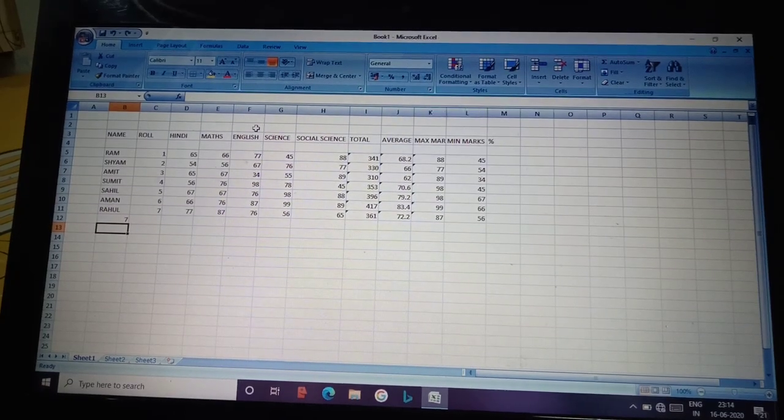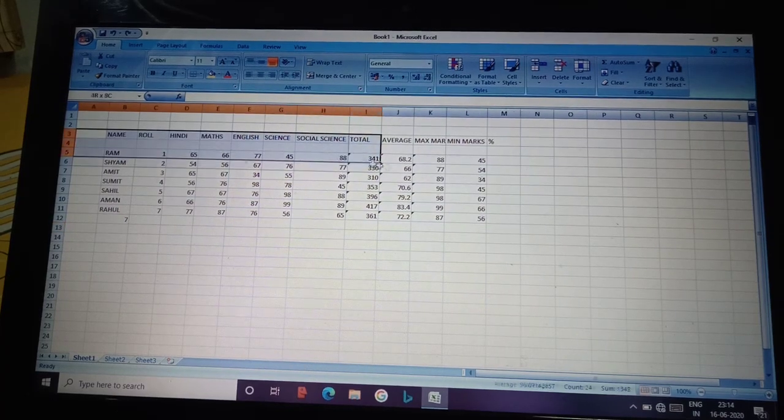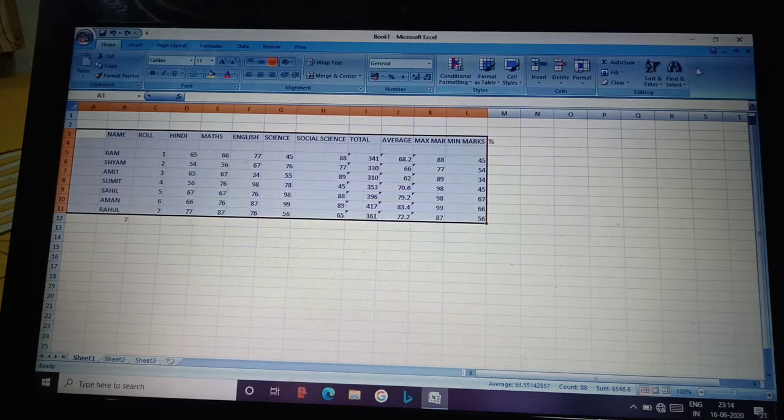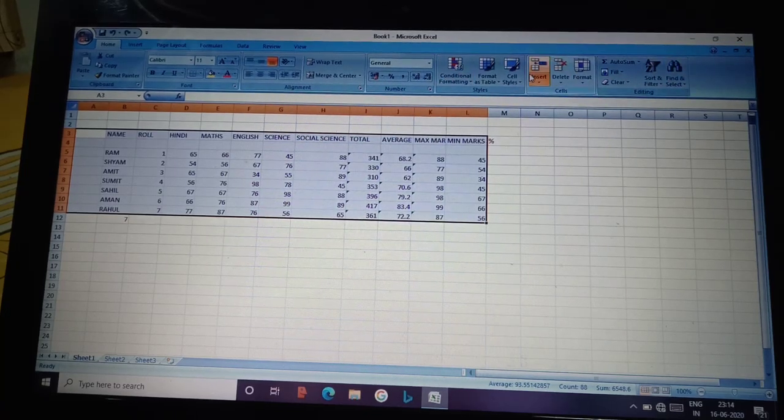Say for example, if we want to do sorting on the basis of the maximum marks of the student, or we want to do sorting on any of the subject marks. So we will select the whole table, and then we click on sort and filter.